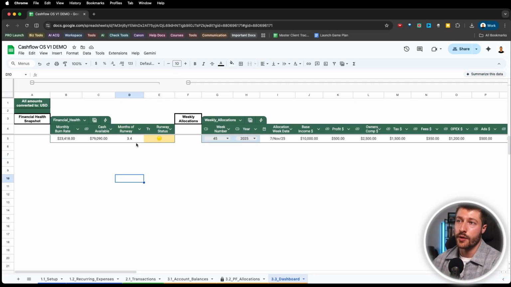So if you're always knowing at a quick glance with just a simple graph like this, like, oh, we have 3 months of runway, we're in yellow. So if you're below 3, you're red. Between 3 and 6, you're yellow. Above 6, you're green. You know exactly where you stand in case something bad happens or there is a bad month. Where do you stand?